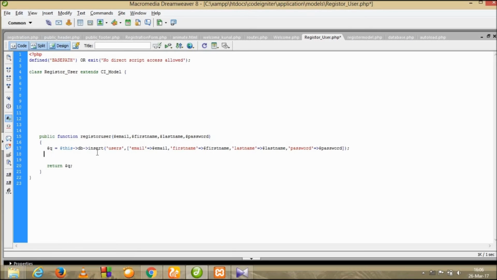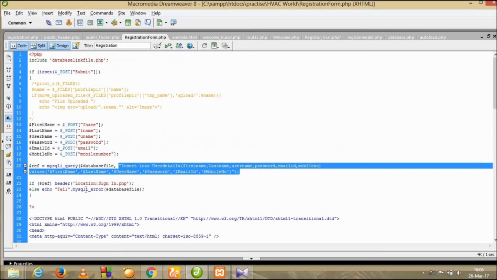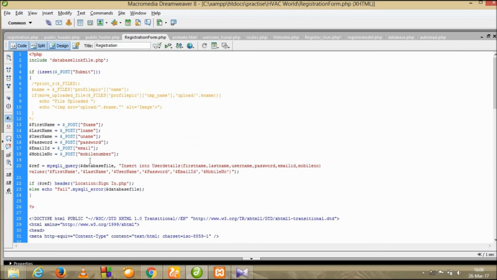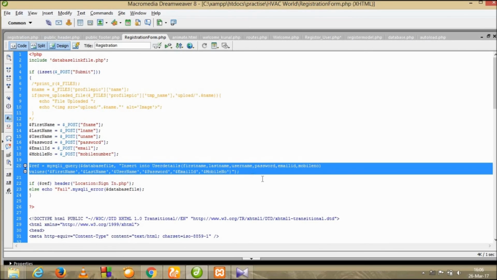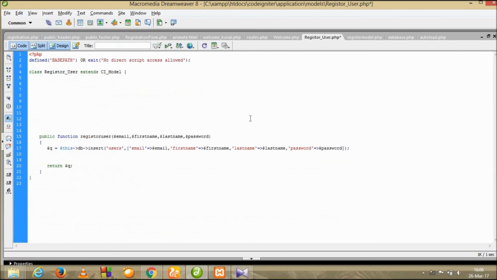If you want to insert data into a database, you can write this shortcut instead of writing a complete MySQL query like this: insert into, database name, then the field name, then its value. You can directly write that into CodeIgniter with a shortcut: $q = $this->db->insert, and this insert